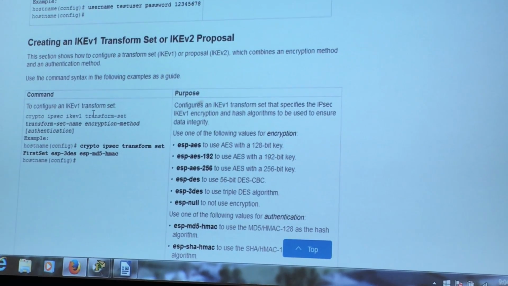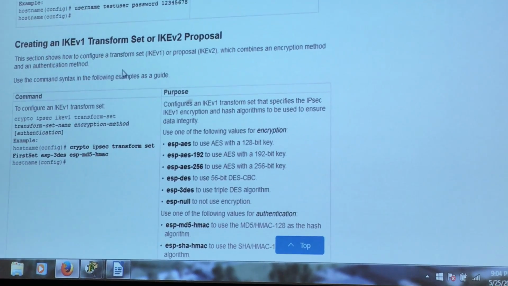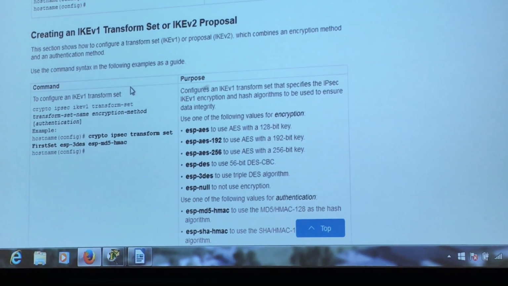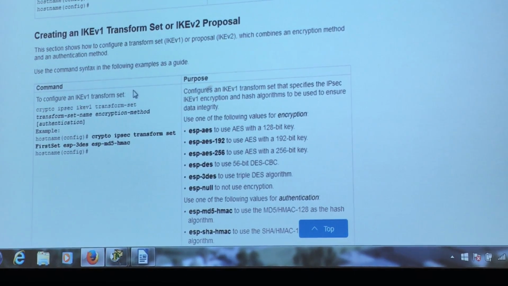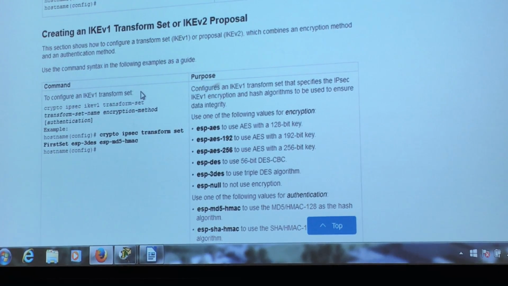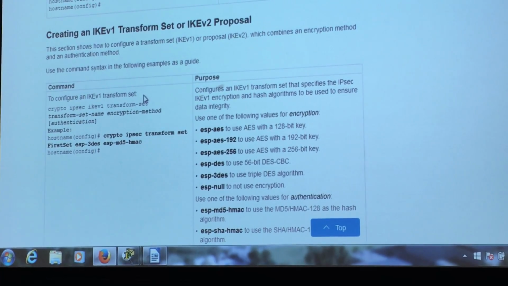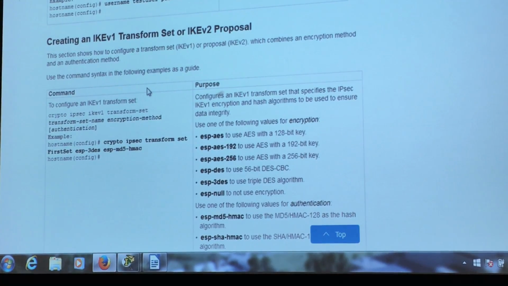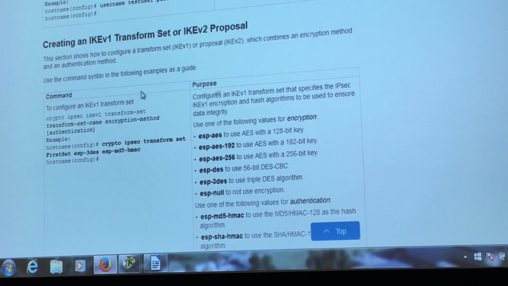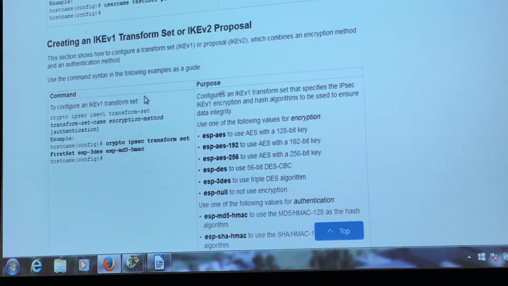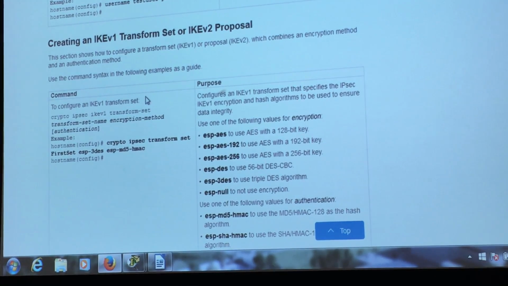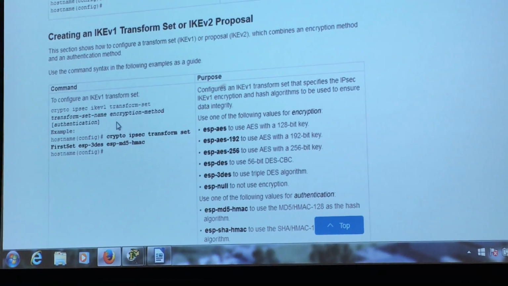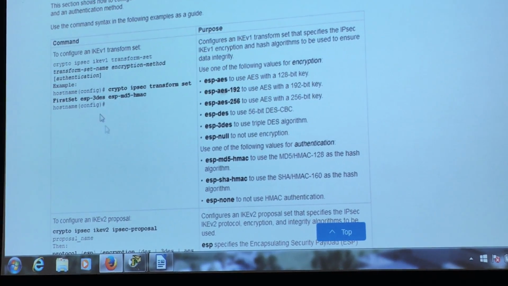Now we have to create our IKEv1 transform set or IKEv2 proposal. I'm doing just a basic IKE version 1 transform set. They're really easy to set up. They're fast. They perform very well. IKE version 2 is good as well, but it's more secure. So it depends on what you're using over this VPN, and how you set it up. I'm going to set it up for streamlining and for fast access, but still with good security. All right, so to use an IKE version 1 transform set,